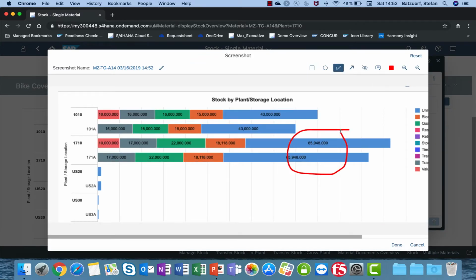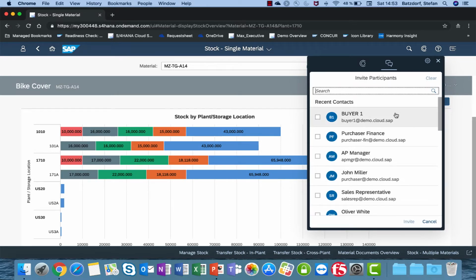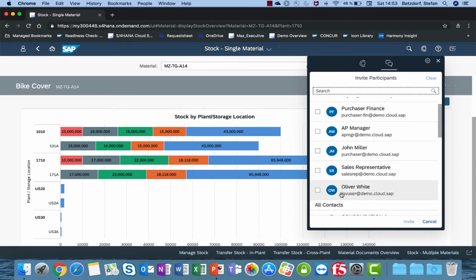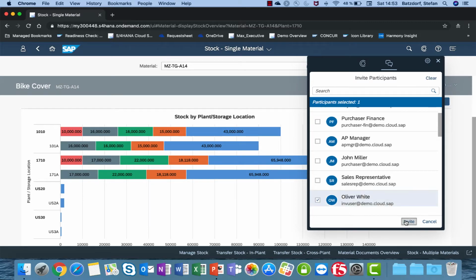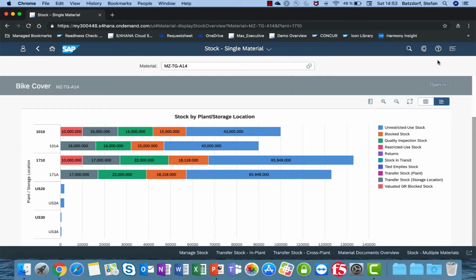So something from there needs to be moved there. Done. I think even the stupidest employees should understand what needs to be done. So I take the Oliver White, which is my inventory user, and I edit him the task